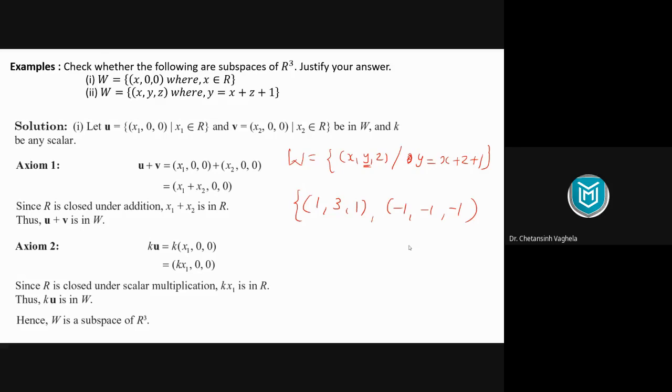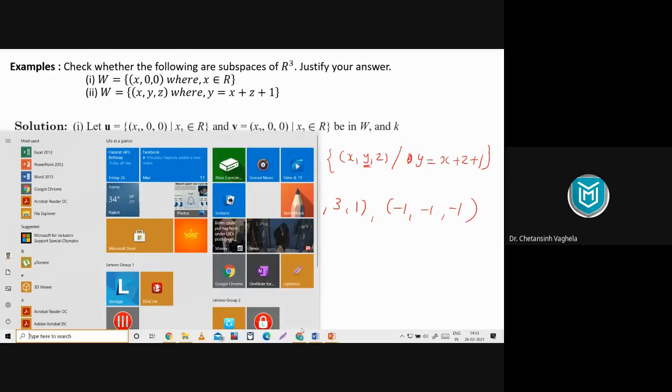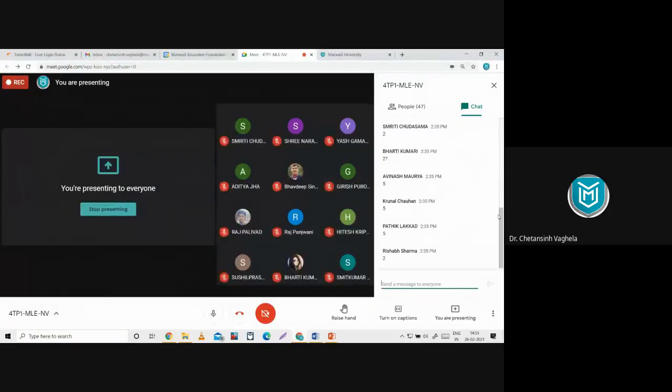Now try to do it, and if you don't get any conclusion, then I'll help you, but first you try. Let's see how many of you can do it. Okay, and I think the time is also about to finish. It's 2:53. So you try this thing. In the next session, we'll also discuss this part, whether it is a subspace or not, and then we'll continue with the next topic.